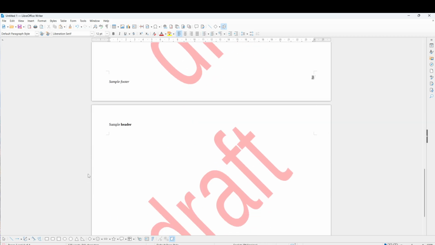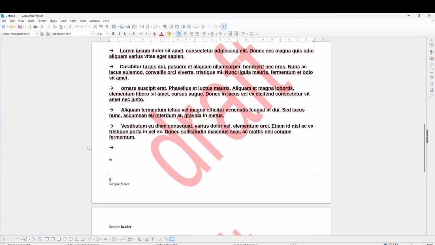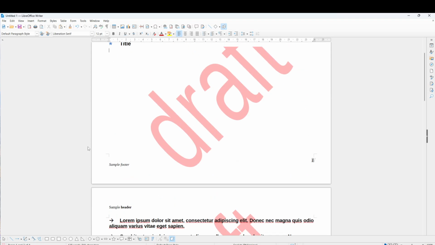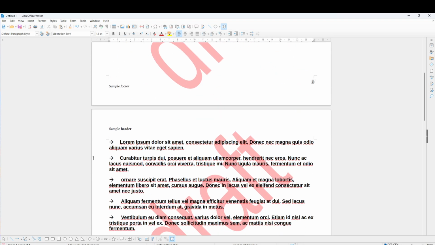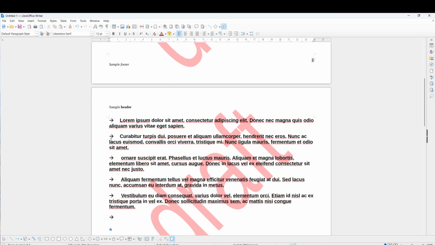If the margins feel too tight or too generous in the new orientation, you can revisit the same dialog to adjust them on the Page tab. It's also a good moment to check headers, footers, and page numbers, since their spacing can look different after the switch. And that's it. You opened your document, went to Format, Page Style, switched orientation on the Page tab, and